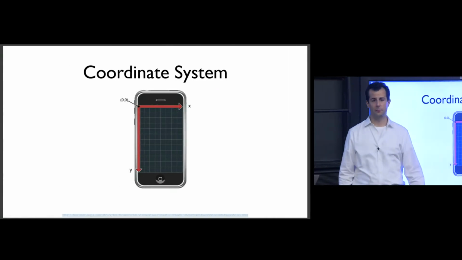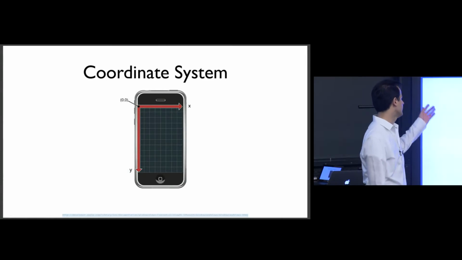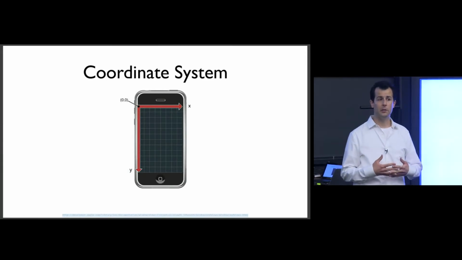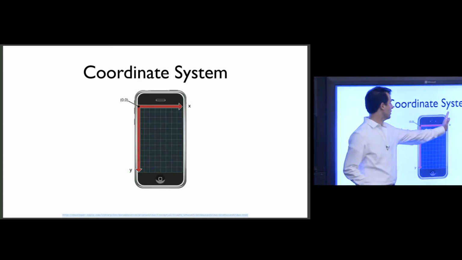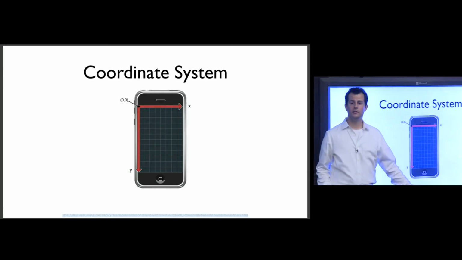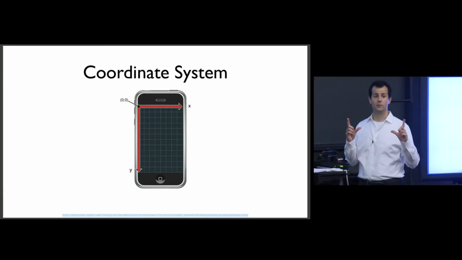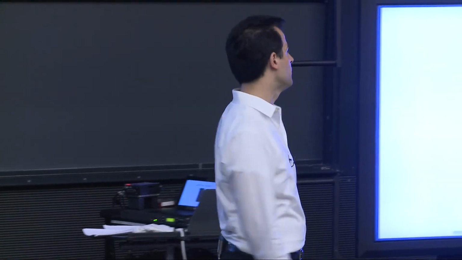This coordinate system here. I looked for a newer image, but even Apple's documentation uses the iPhone 3 for this example. But it's really just to paint a picture of the coordinate system in iOS, which is this plane where we have x coordinates on the right, y coordinates on the vertical. And the takeaway here is that the coordinate system begins in the top left-hand corner. So 10, 10 means 10 over and 10 down, not the opposite,